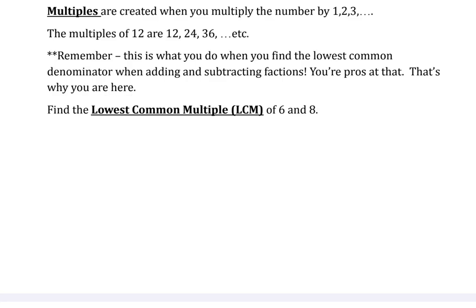So what I want to do is find the lowest common multiple. Because it's not in a fraction context, we can't say lowest common denominator, but it's the same idea. What's the lowest common multiple between 8 and 6? You would have done this probably in a similar fashion when you're adding and subtracting fractions. You would say, okay, multiples of 6